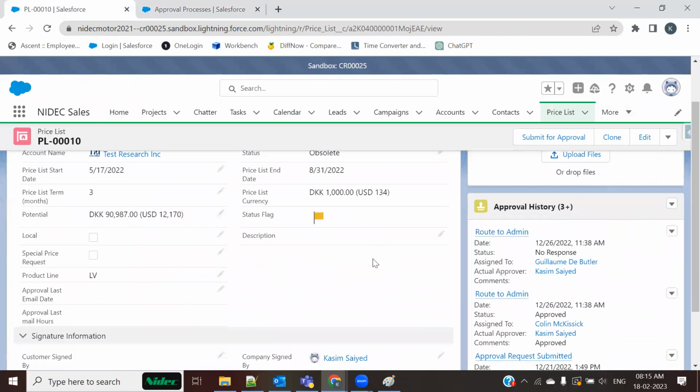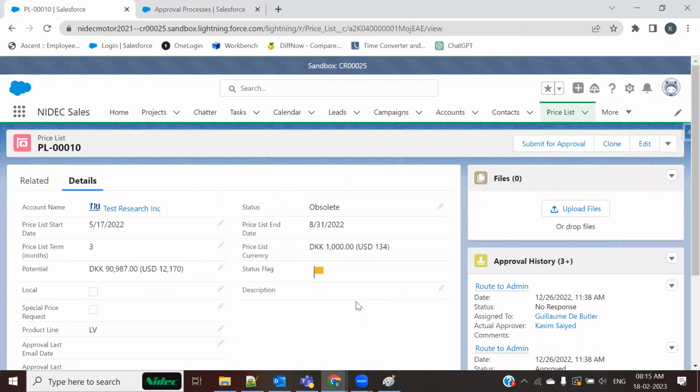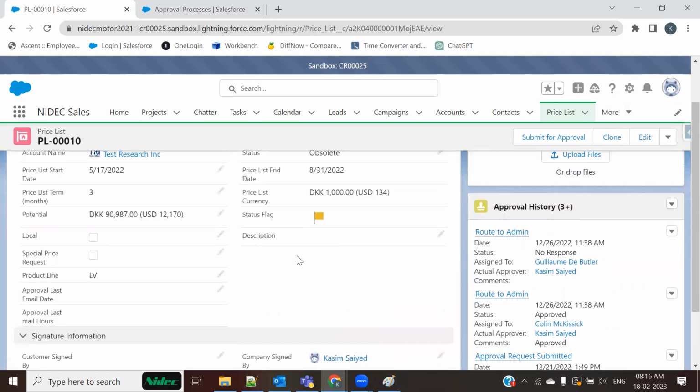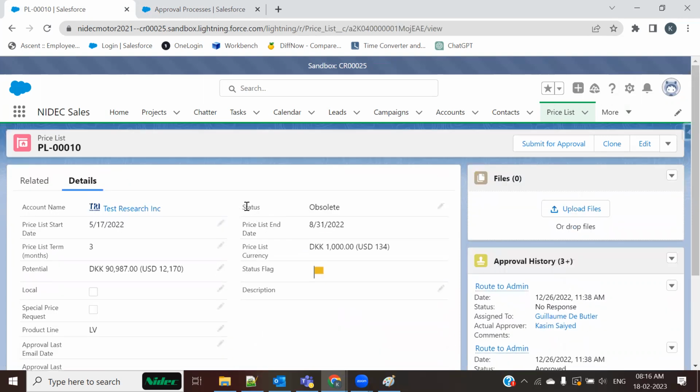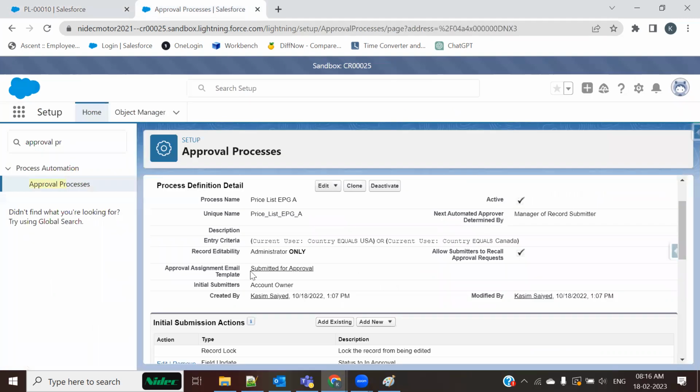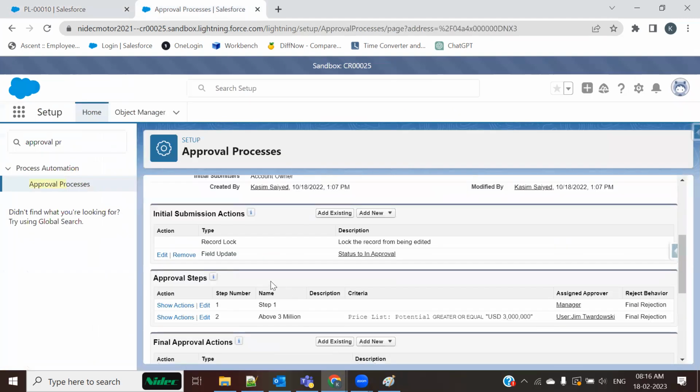If you would be submitting this record for approval, the status field changes to in approval, or active, or obsolete, or rejected. So in my approval process, in the initial submission itself,